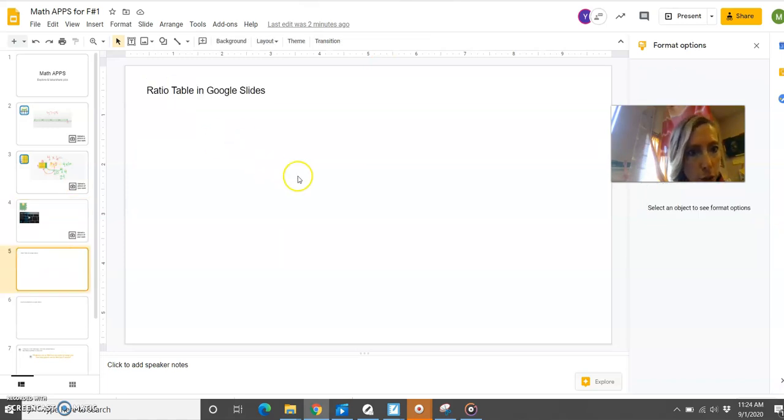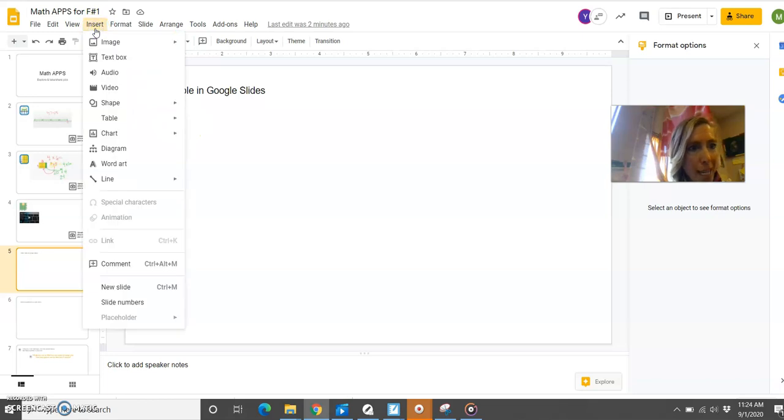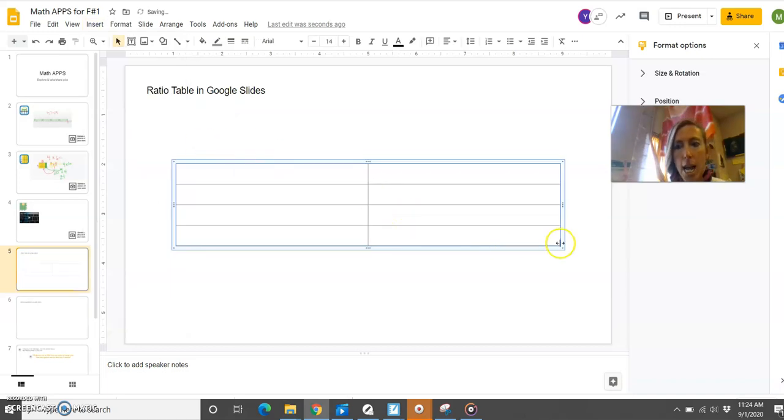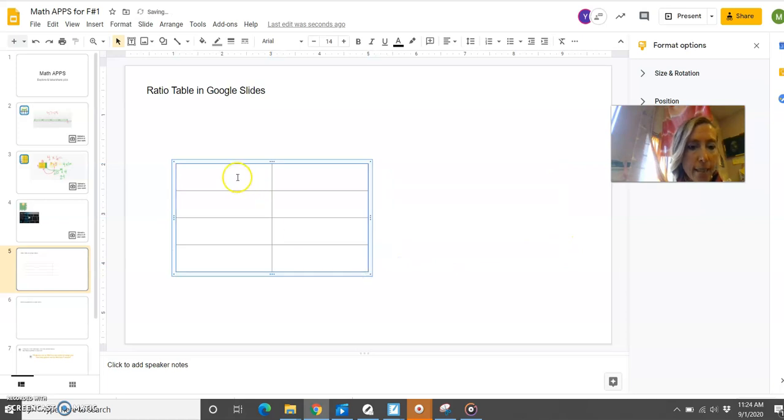Another thing you can do, this is not an app, but it is in Google Slides. Maybe you like using ratio tables. So to find the table feature, I'm going to go to Insert, and I'm going to go to Table. And I'm going to make a 2 by, let's say, 4. Okay? And I don't like it that big, so I'm going to make it half that size. And I'm going to say over here, let's say I'm trying to figure out